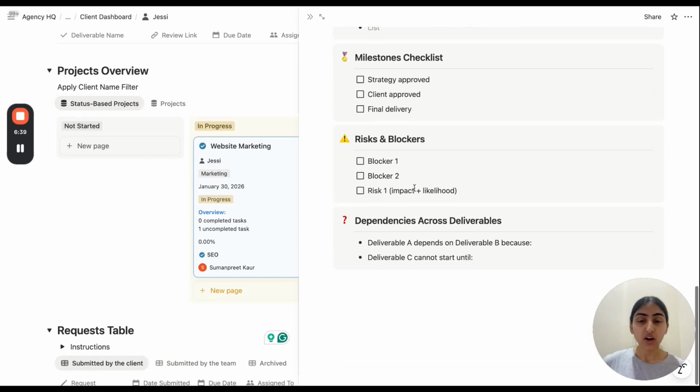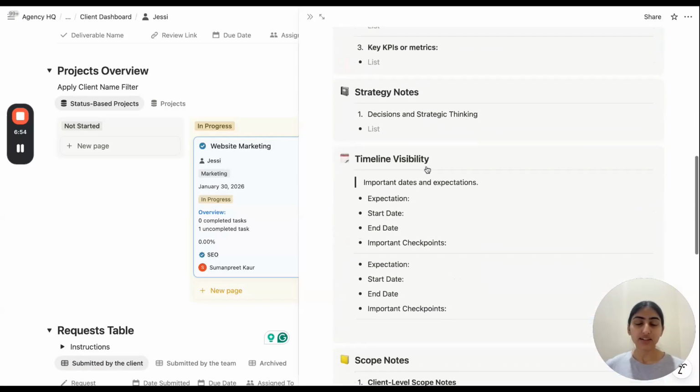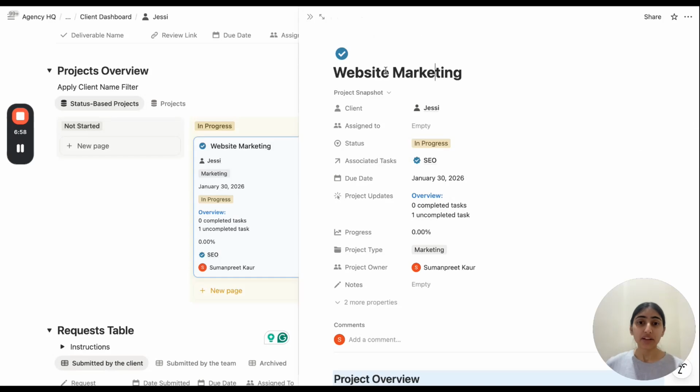All of the project details are in one place, and here they can see how many tasks have been done under this project and what's completed, what's pending. So yes, you can see that this single space can bring a lot of clarity and visibility to your client without your extra efforts.